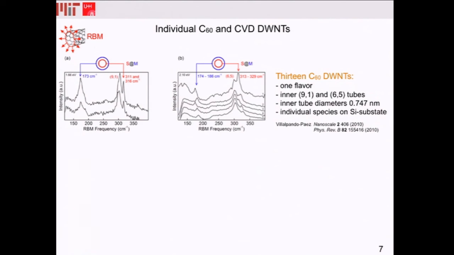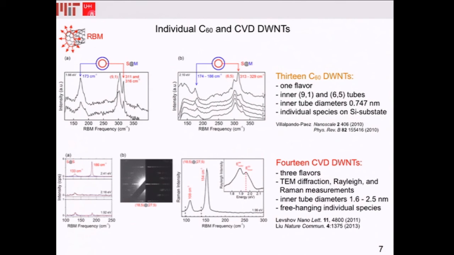So it's a (9,1) and (9,1) nanotube, and a (11,6) nanotube. And it is interesting that the inner tubes from both chiralities have the same diameter of only 0.747 nanometers. And then just very recently, Levshov and Liu et al. published two different publications about one CVD-grown double-walled carbon nanotube and 13 CVD-grown double-walled carbon nanotubes with 3 different flavors, and on top of that they used Raman spectroscopy. They also did TEM diffraction patterns